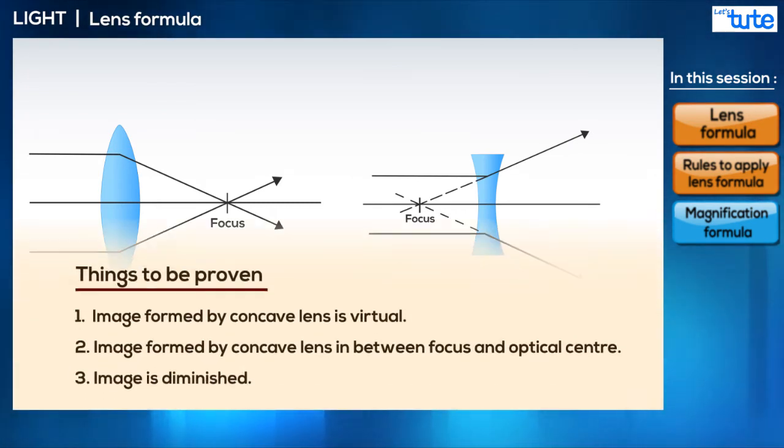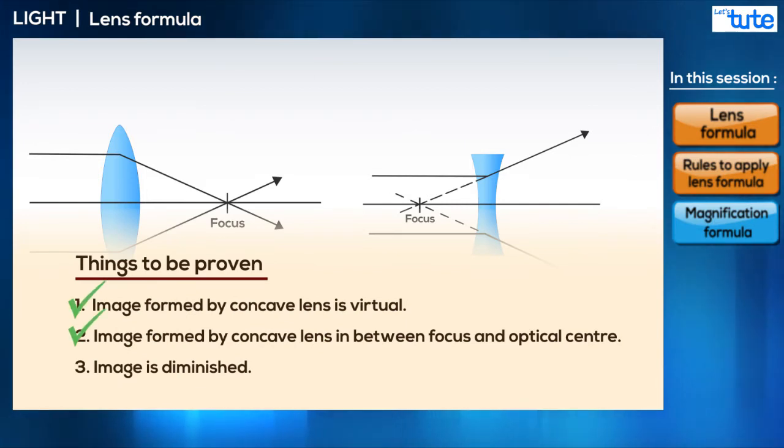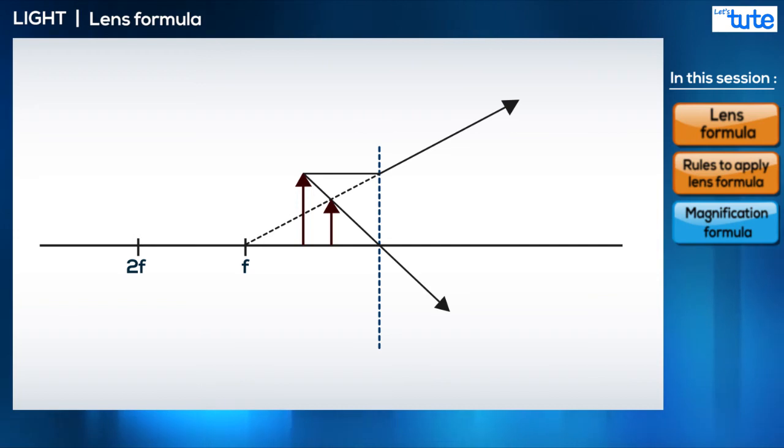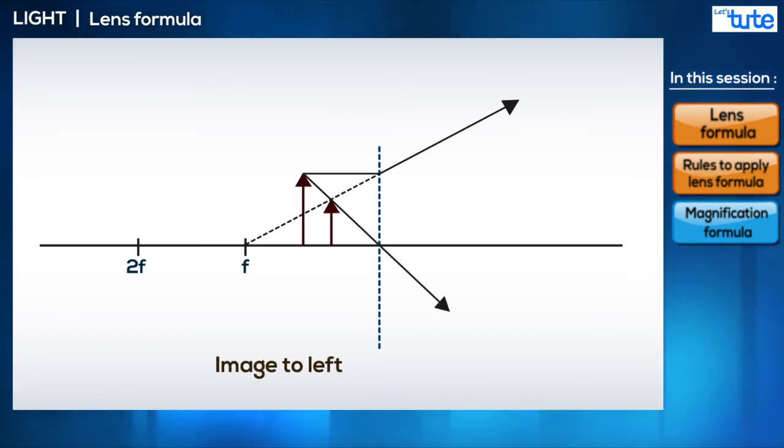Now that we know this, we can solve two parts of the question we asked: is the image formed by the concave lens always between the focus and the optical center, and is it virtual? Let's make the logical argument that if we follow the rules stated before, any image that is formed to the left of the optical center will necessarily be virtual.